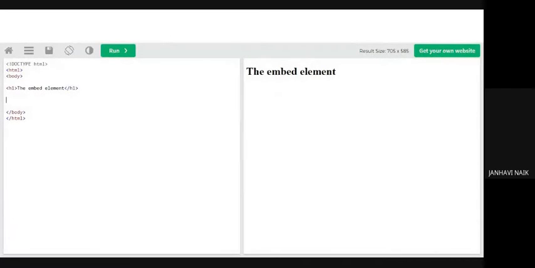So embed means what? It is like inserting a certain thing. You can insert a video, you can insert an audio, or you can insert a web page onto one particular page. This is the syntax: embed, type, what type of file it is. I'm now embedding an HTML file, so I'm just including the name of my HTML file, the width and height on the output screen which will appear, and the type of that particular file.